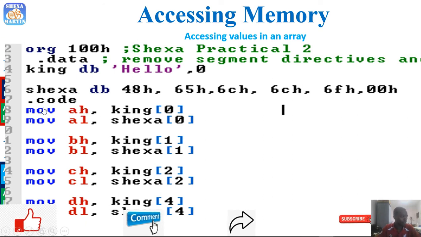What are we doing now? We are now saying move to AH the value that is in king index 0. So we are moving H, and H in hexadecimal value is 48. So 48 is going to be moved into AH,